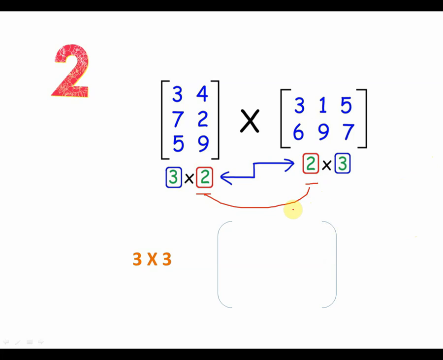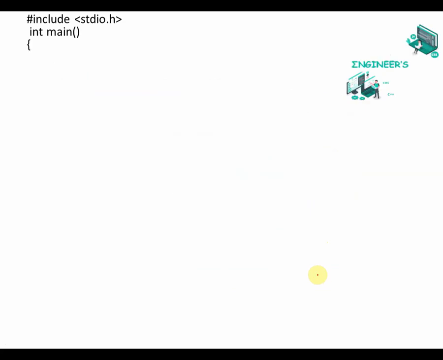What will be the final matrix size be? So it will be this into this, which is 3 by 3. So the final resultant matrix will be a 3 by 3 matrix. So you can solve this example for your practice and see which are the elements you get at each of the rows and each of the columns. Alright, let us go on to writing a C program for performing the matrix multiplication.